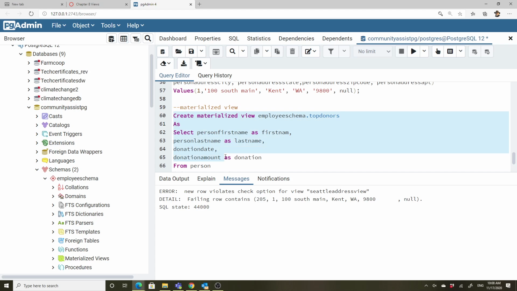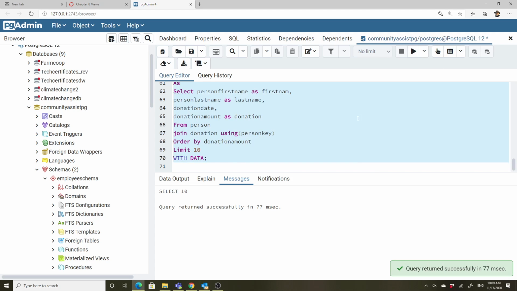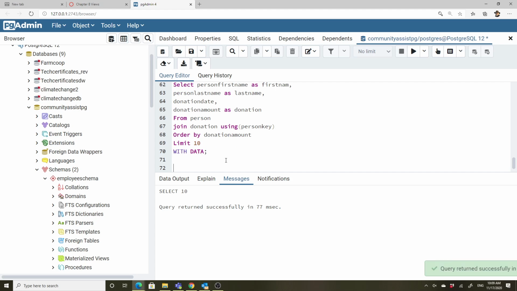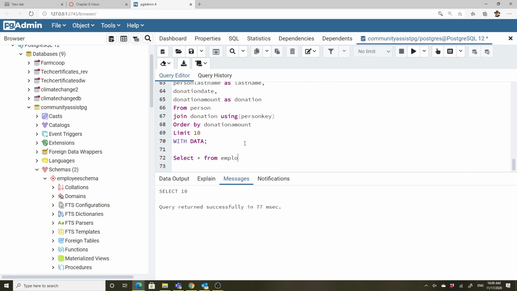So I'm going to create a materialized view. Okay, that one worked. So if I select star from employee schema dot top donors,